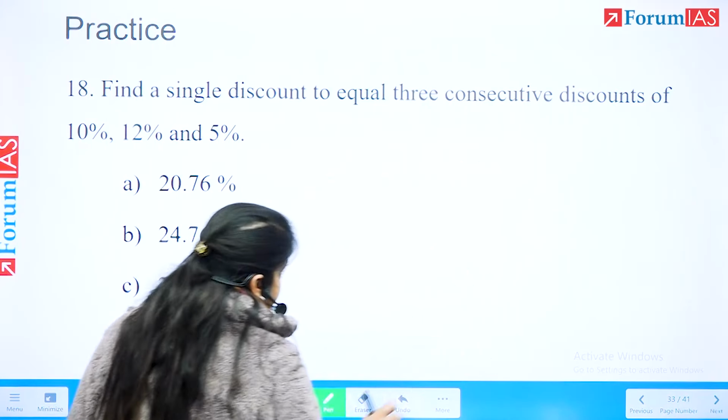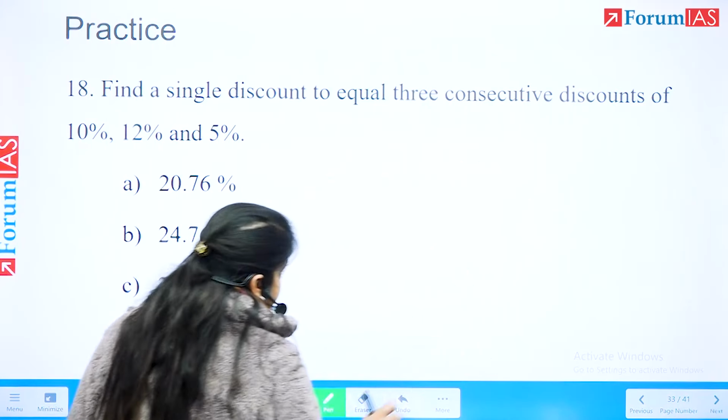100 से शुरू किया. We gave a discount of 10%. 10 rupees कम किया. 90. We now gave a discount of 12%. Please remember, in successive discount, the order of discount does not matter. We give a discount of 12%. 79 point. How much do we subtract? We subtract 9 plus we subtract 1.8. So 79.2. ठीक है? Now we give a discount of 5%. 5% on 79.2. Same as previous. 75. So order of discounts is not important.